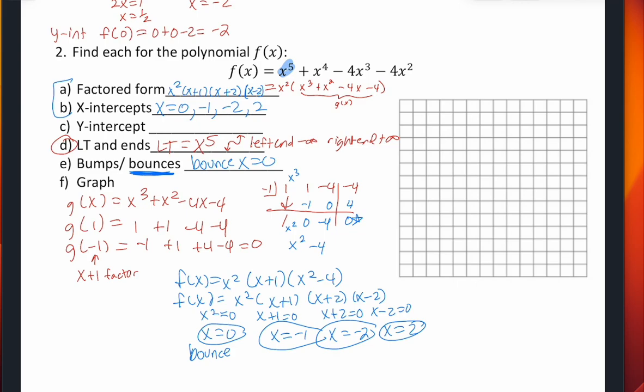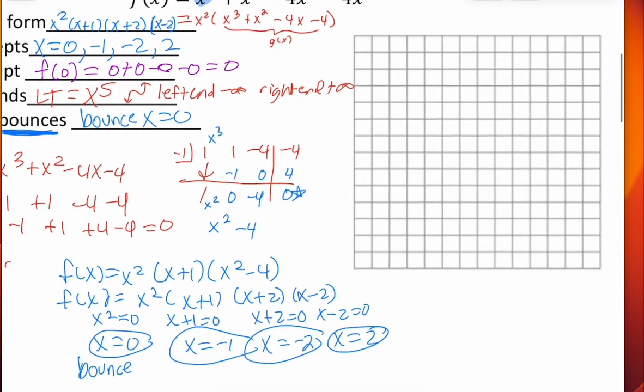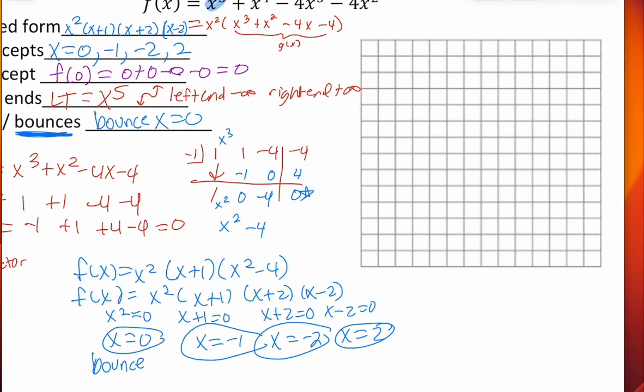And then y-intercept's a little different. It's nicer. You're just going to plug in 0. You get 0 plus 0 minus 0 minus 0. You get 0. So if an x-intercept is 0, that should also be your y-intercept. And now we're ready to graph it. Now what's nice about this is usually you don't have to plug any points. You have the power to plug in as many points as you want. Okay, but I think we are ready now